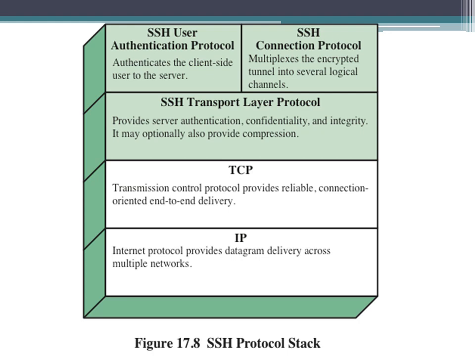Next we have the user authentication protocol. As the name itself suggests, it authenticates the user to the server. And finally, we have the connection protocol, which is the last protocol. This protocol multiplexes multiple logical communication channels over a single underlying SSH connection. So the connection protocol multiplexes the multiple communication channels over a single channel. So it is like many to one. So this was about the SSH protocol stack.